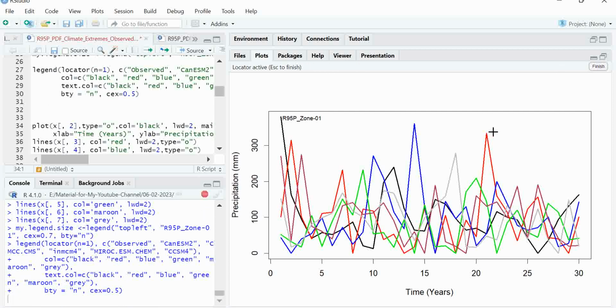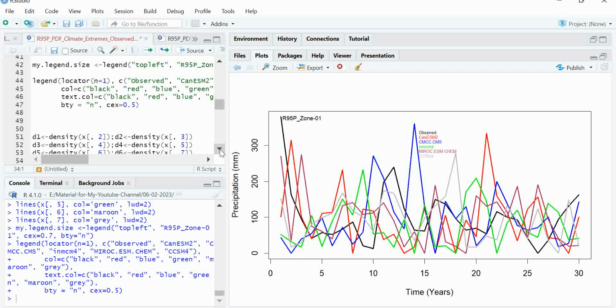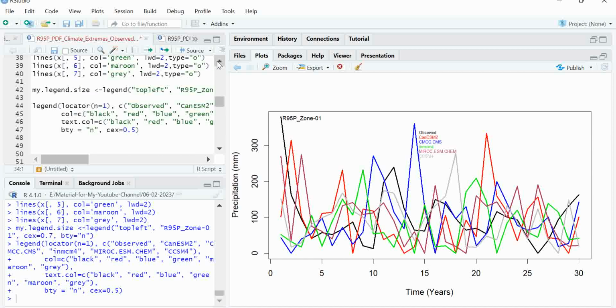Okay, this is run, and now again you see that there is a plus sign. This means that we can just put the legend somewhere here. So these, the name observed, the first model, second, third, fourth, and fifth. But the tick size is a little small, so you can do this by this one. As I already told you, this is the text size, just write 0.8